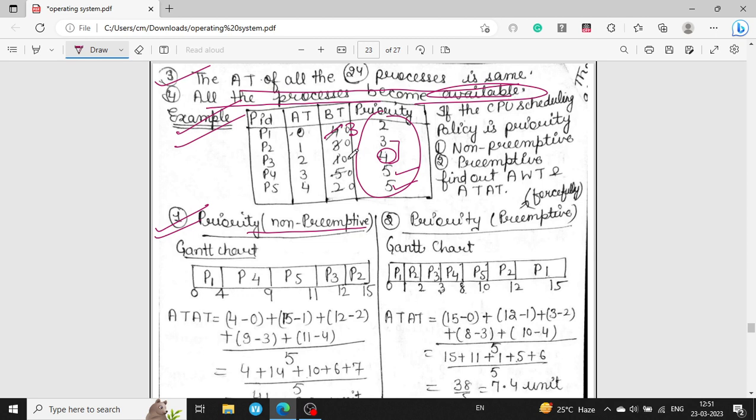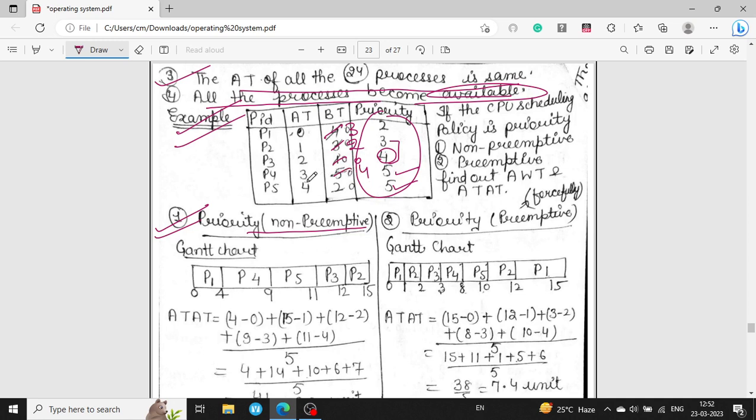P2. It will use only 1 second because at the 2 second who will come? P3. So that's why we write here P3. And after P3 who came at the 3 second? P4. We write here P4. It will use